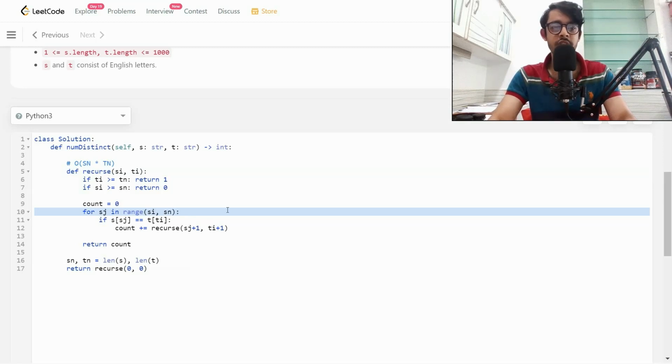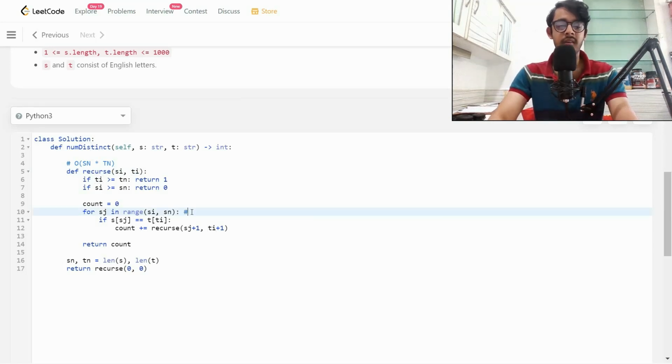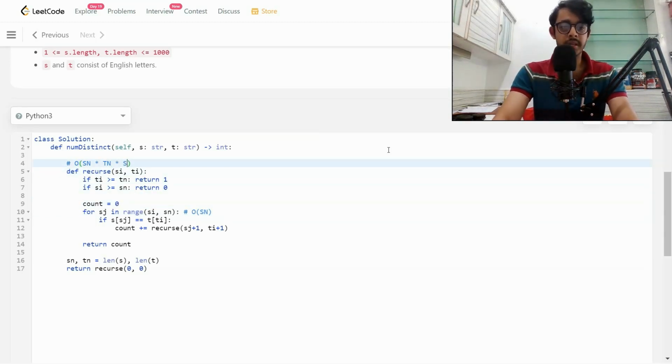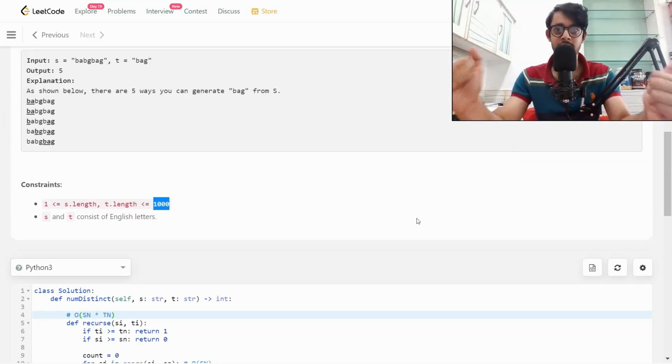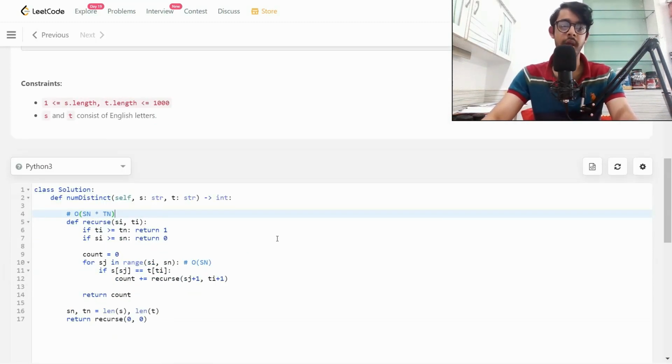This for loop is going to make things a lot harder. Because this is taking order of s of n, this is taking t of n. This will now take order of s of n again. We may have to iterate over the entire future thing, which could be order of s of n. Which means the time complexity we're looking at is actually this guy. Doesn't look too good now, does it? Earlier, if it was s of n into t of n, we would be at 1000 times 1000, which is great. But 10 to the power 9 just blows out of proportion, which will not work over here.